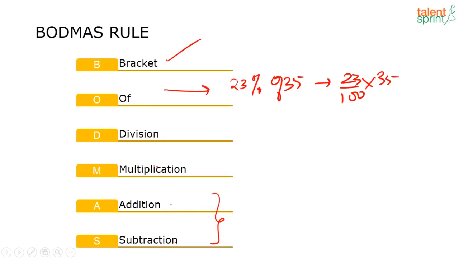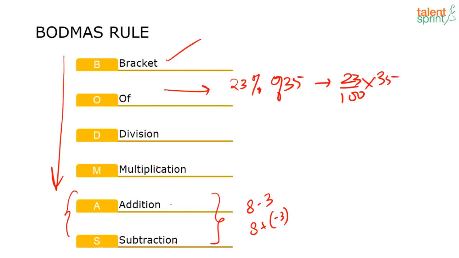You can choose to do whichever operation that you want, because subtraction is nothing but again a type of addition, right? So if it is 8 minus 3, it is nothing but 8 plus minus 3. So addition and subtraction, more or less we can say they have the same precedence level, but this is the precedence level that you have to follow when a question is given.